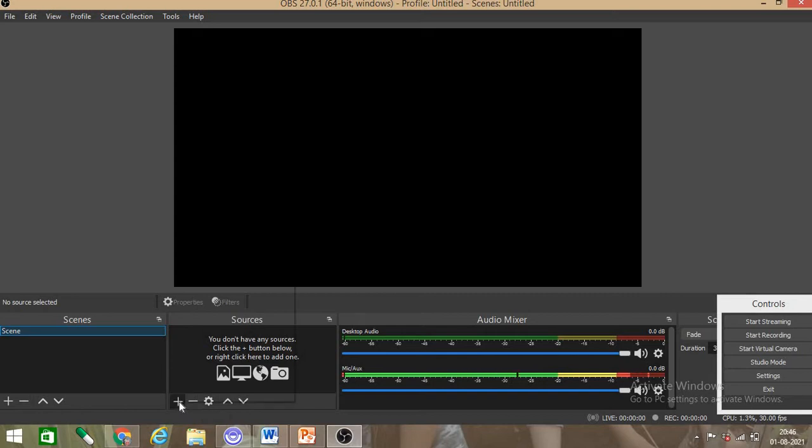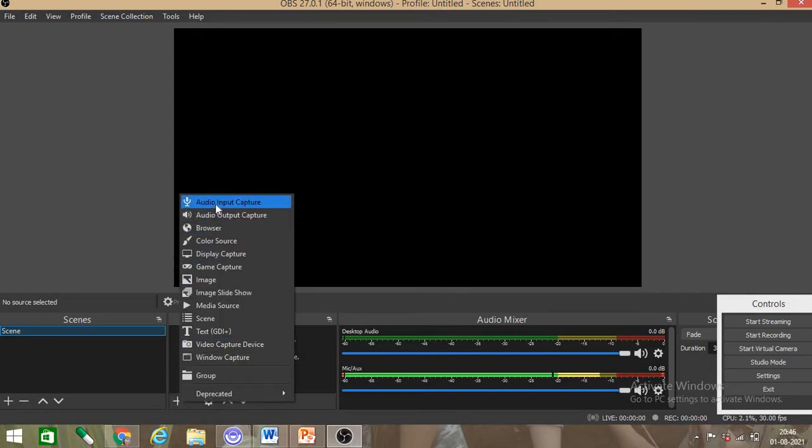If I click on plus, I get all these options: audio input, audio output, browser, color source. So these all can be included here on the screen. Suppose you want to just record your screen, then you have to select the option display capture.